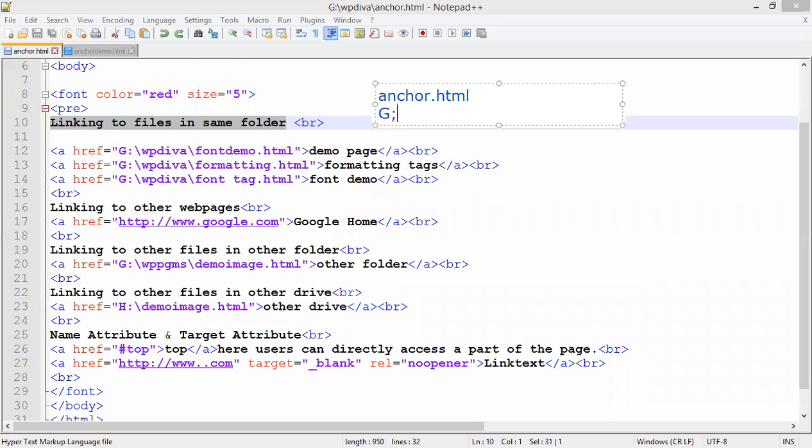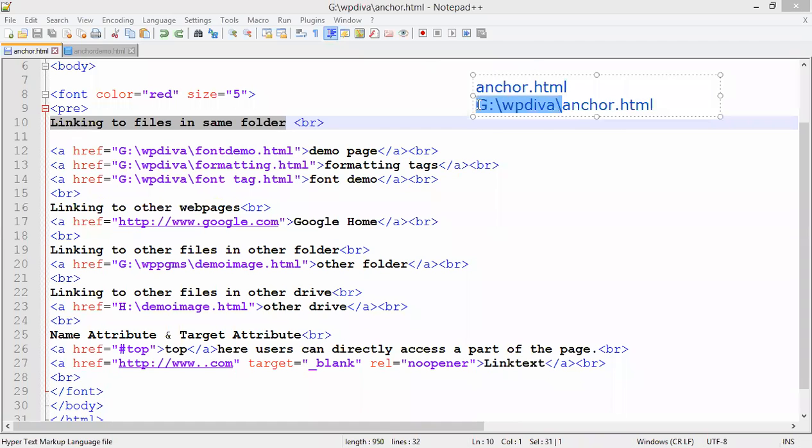It is created in G:/WP division A, and in that I have created this anchor.html. Okay, and all my programs are saved in this location only. All my programs are here in G drive WP division A. So I want to take all the files and then I want to create an anchor or hyperlink. So how am I going to create that?